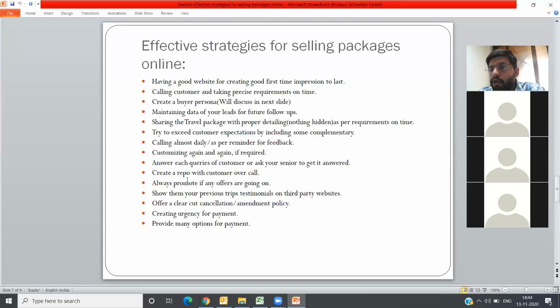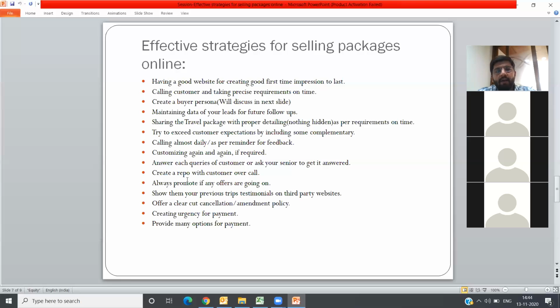It shouldn't be like you take the request in the morning and send the package to the customer the next day. If you delay, your competitor will definitely come and get the things done on their own. The customer will surely trust and prefer the person who delivers everything on time. If you come after 2 days, the customer becomes surely disinterested.